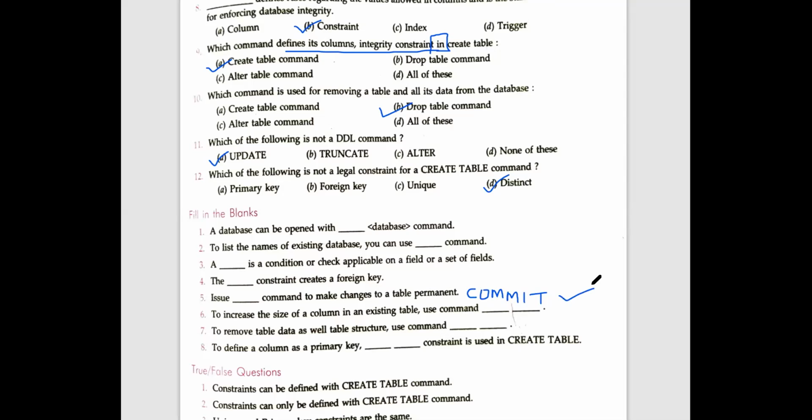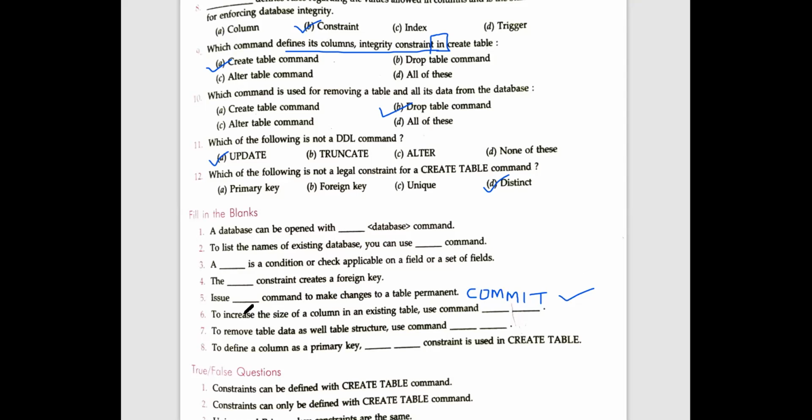Now see, in MySQL, actually by default, in the MySQL setting, the changes are permanent. If you want to change that, you can, and then later on, if you do not write commit, it will not be permanent, even your delete command, your update command. But that much we are not having in the syllabus, so we are not discussing it. But you have to understand that the commit command of MySQL will make the change permanent.